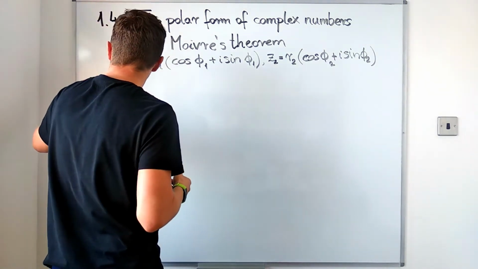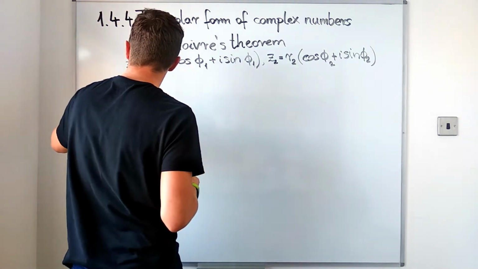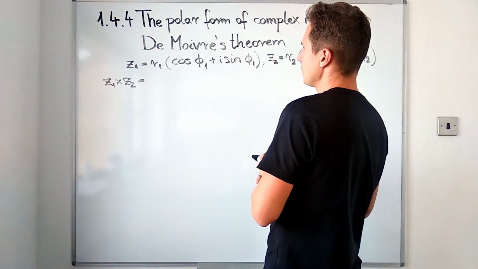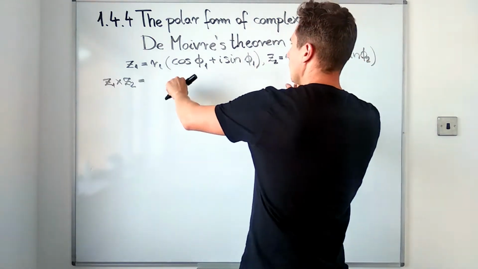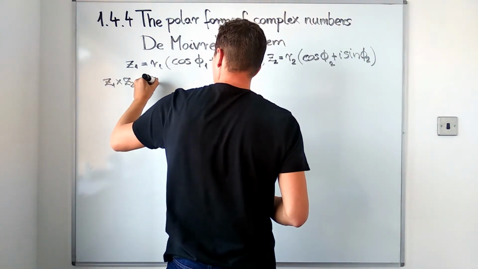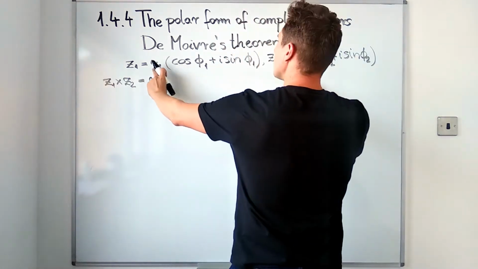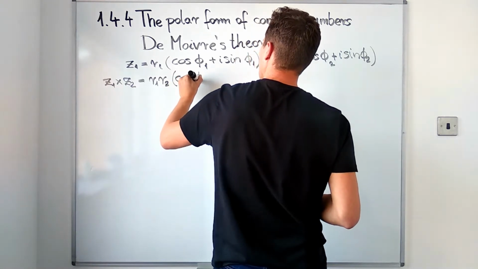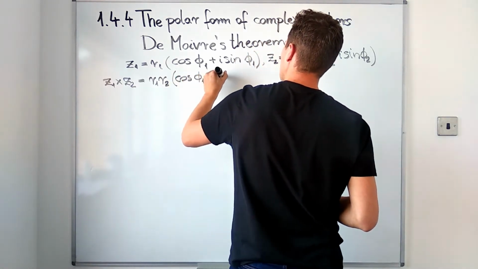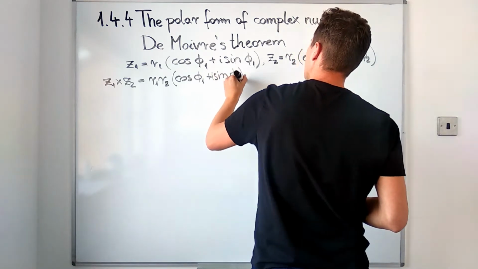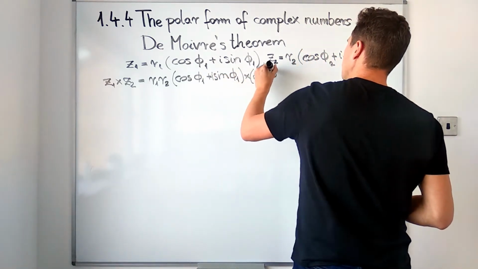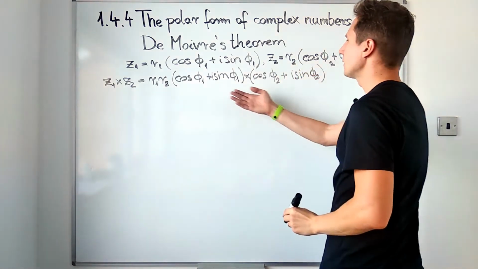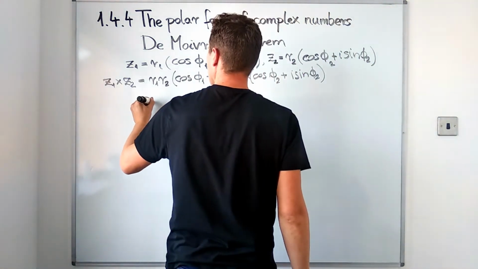Let's multiply them. If we go through the same process that we did when we multiplied complex numbers in their algebraic form, what we'll get is the product of the moduli, r1 and r2. Then we have to multiply the cosine of phi1 plus I times the sine of phi1 by the cosine of phi2 plus I times the sine of phi2. And when we expand this product, what we'll get